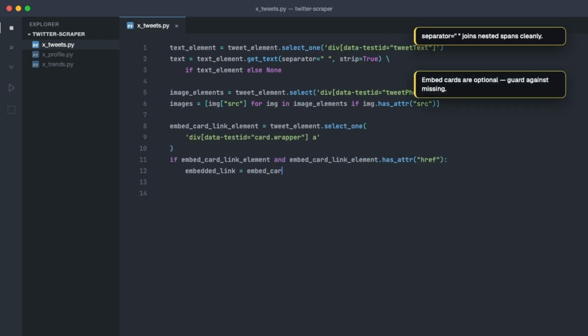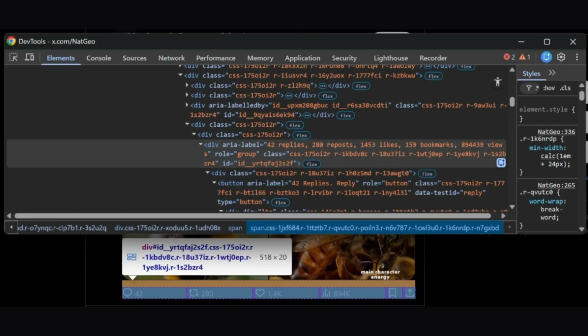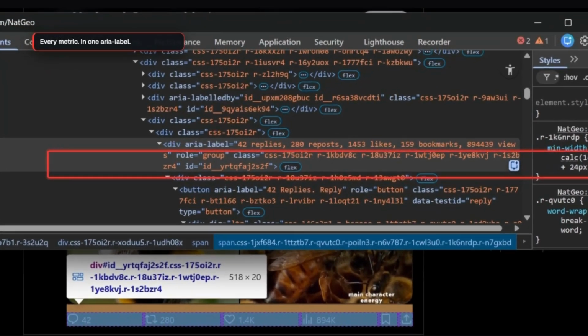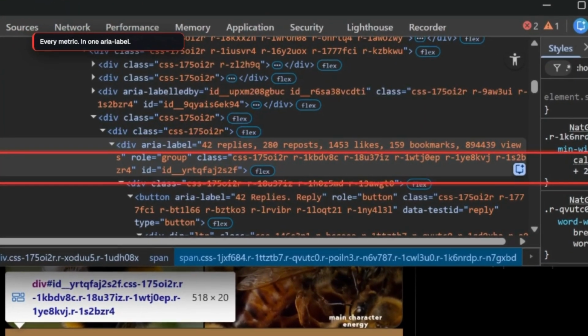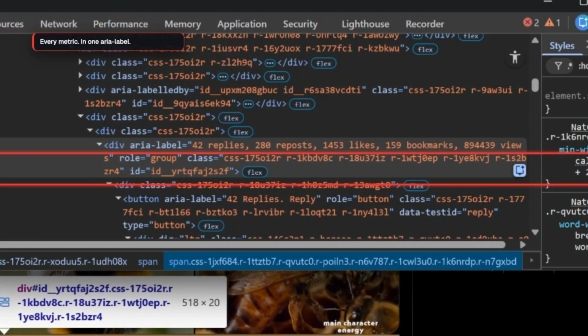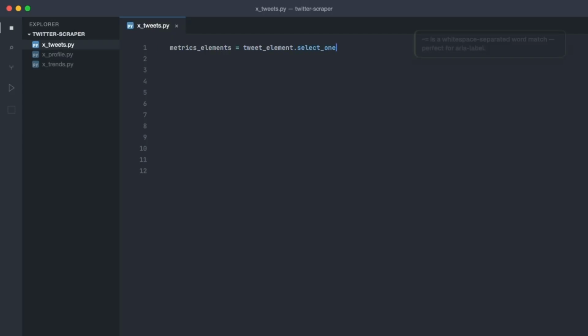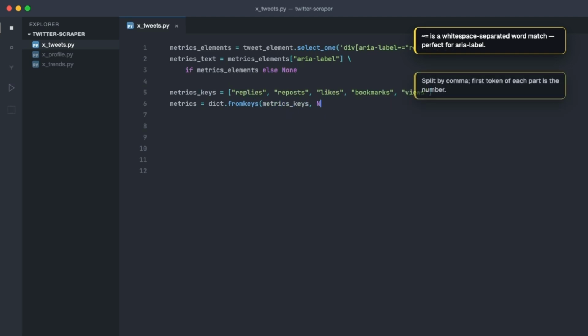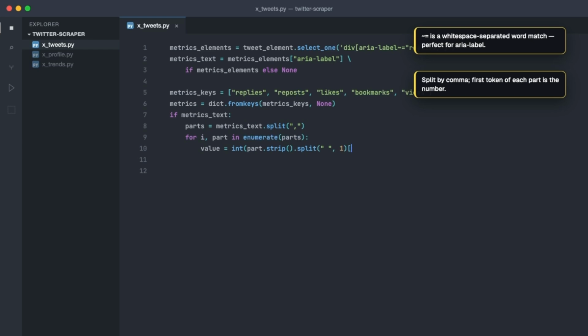Photos come from tweet photo nodes. And link previews, the embedded cards, live under card.wrapper. All 3 are optional, so guard every one against missing elements. And here's the best trick on the page. Every engagement metric, replies, reposts, likes, bookmarks, views, sits in a single aria label. 42 replies, 280 reposts, 1,453 likes, 159 bookmarks, 894,439 views. One attribute, split it by comma, take the first token of each part, and you've parsed 5 metrics